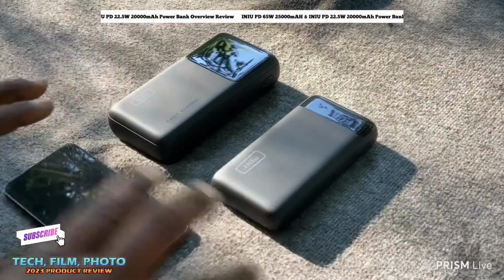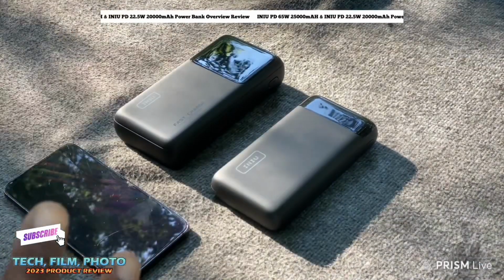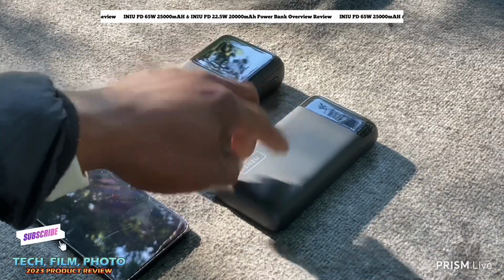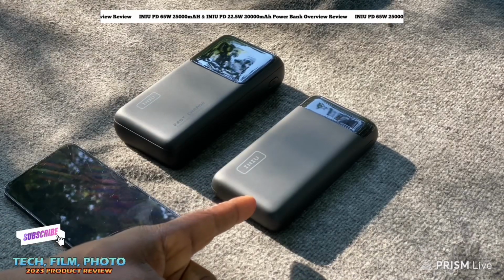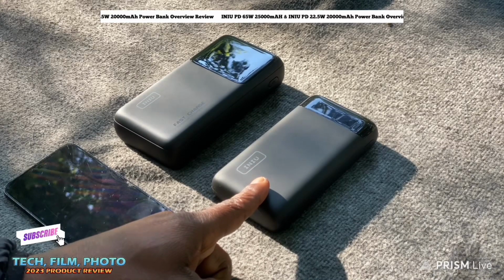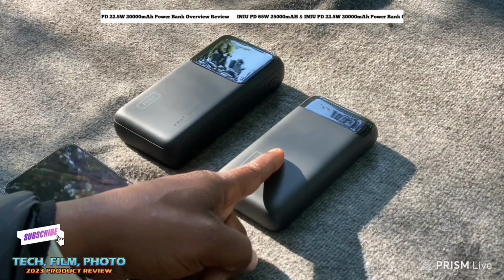So, are these power banks very, very good? Yes, they are very, very good. Yes, they got some weight to them, but they last a long, long time. For the past 2 to 3 weeks with this product, I noticed I can get about 7 to 8 charges with this alone on my iPhone 11 Pro Max. Even though my Pro Max battery level is at 88%, I'm still able to get about 7 to 8 charges